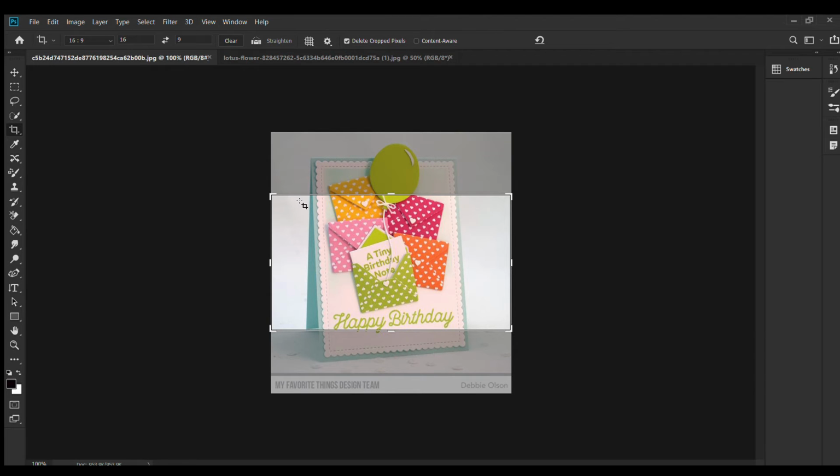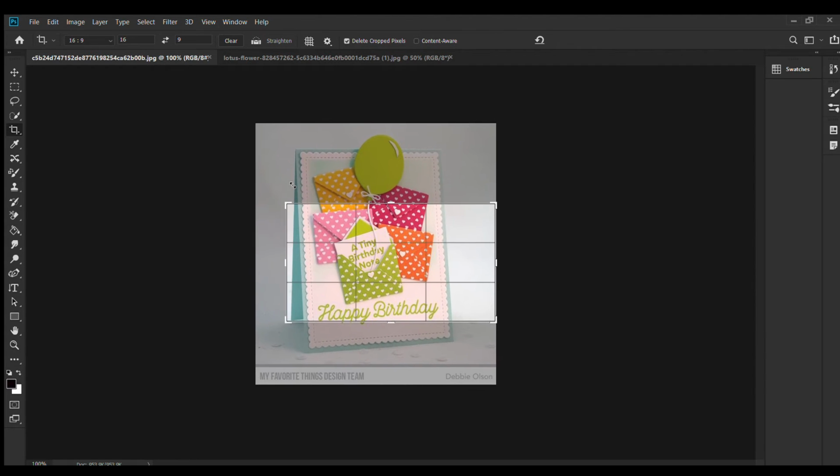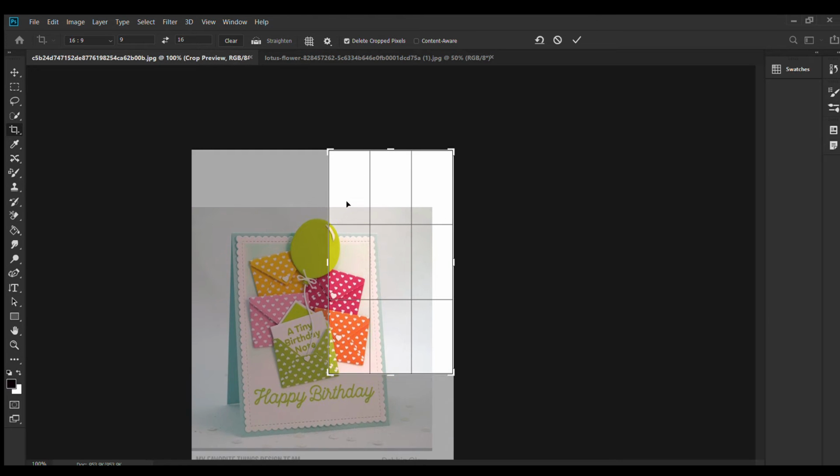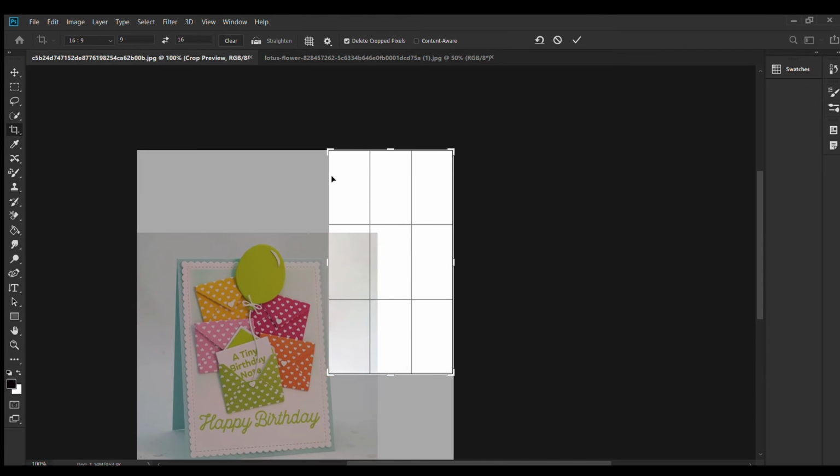So again I am selecting the crop tool, and here I am adjusting this frame.